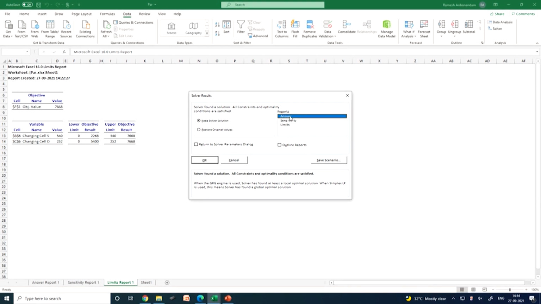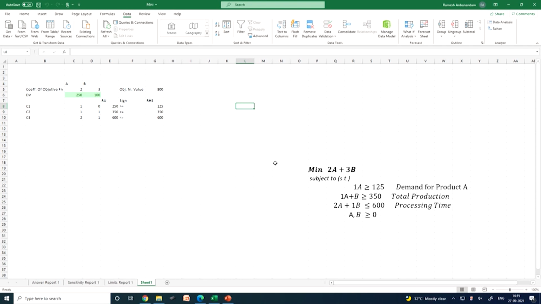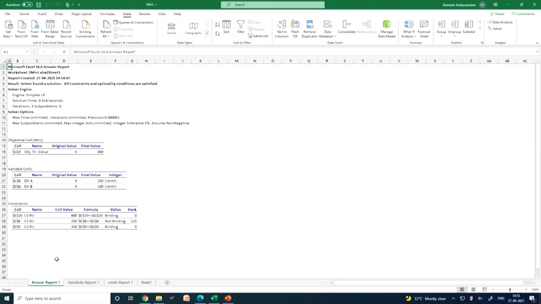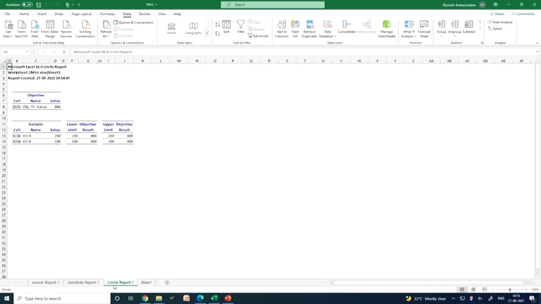So, I want to answer sensitivity limits, press OK. Now, the answer has come. So, the value of A is 250, the value of B is 100. So, when you go for answer report, we can see this value of A is 250, value of B is 100. So, we will interpret what is the sensitivity report and limit report in the next lecture.